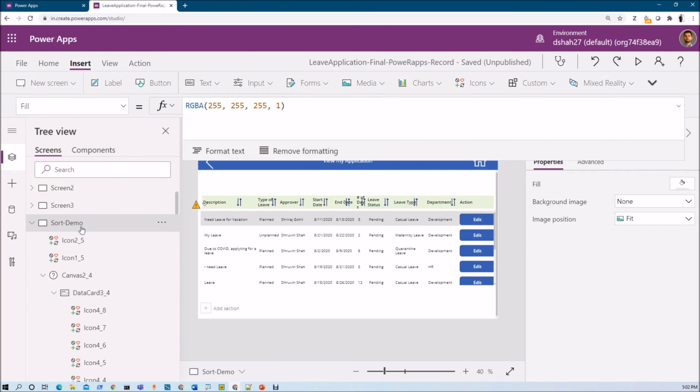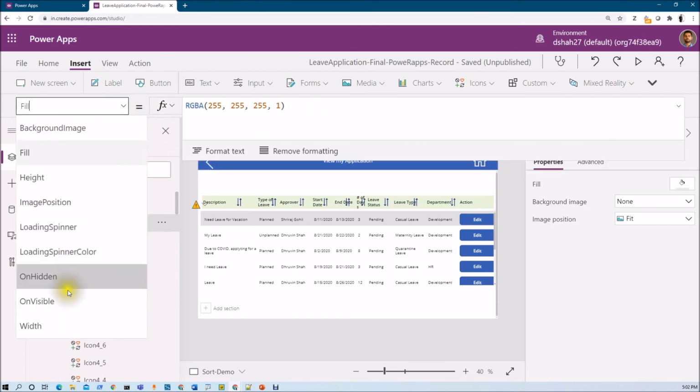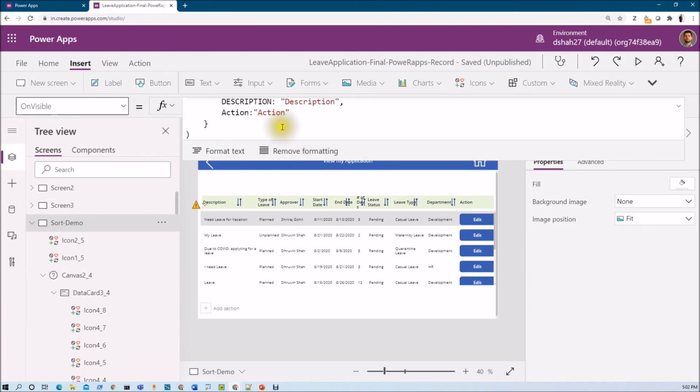So we just need to select the screen and provide the on visible code, and let's provide one update context variable like this, update context sort column preference text column. So whenever we come for the first time on this screen, it will automatically sort by text column, right? So this is one important step we need to do at last.